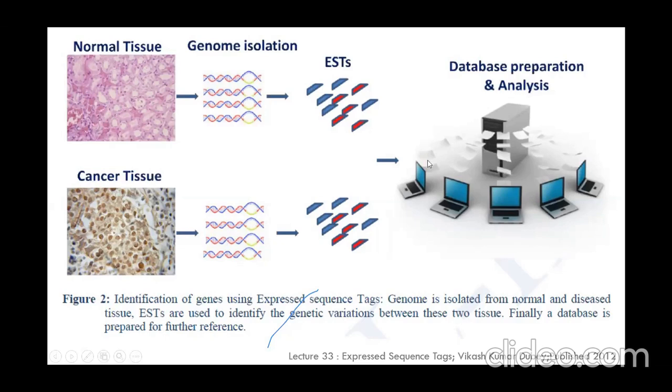Then you isolate the differences from the algorithm. What is the specifically unique difference for cancer tissue in terms of EST assembly? And based on that, you can deduce which portions of the genes or proteins are malfunctioning or upregulated or downregulated in the cancer tissue. You can analyze that. So if a given tissue, given mRNAs, you go in the forward direction, but in the reverse direction, if any cancer tissue you're talking, you don't know about any of these functionality or molecules, you can simply blindly go into the assembly, take the sample from mRNA collection, cDNAs from this, blindly go and get into the details of the cancer association or disease association.